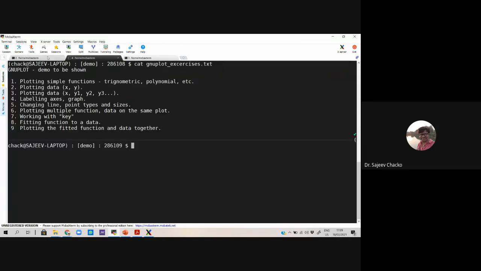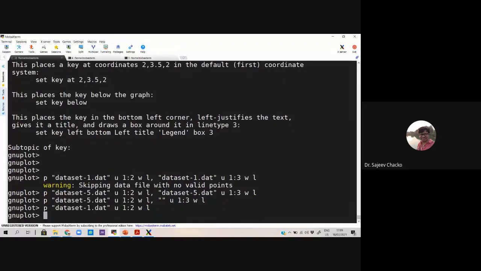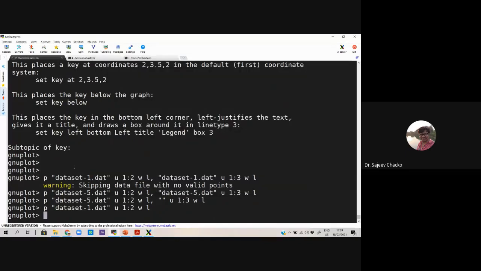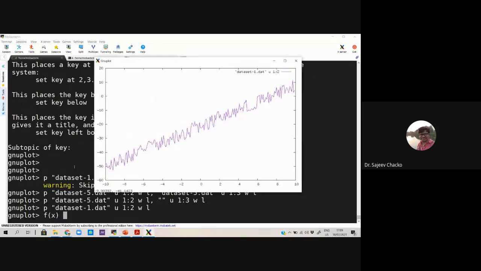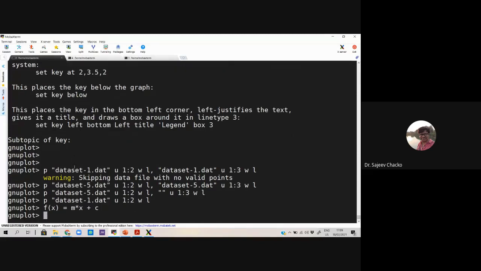Finally, I would like to do a fitting. Let me go back to the data number 1. This is a straight line. I would like to fit a data. Looking at the function, it seems to be a straight line, so I define a function like this: f of x equals m star x plus c. This is the way I define a new function.